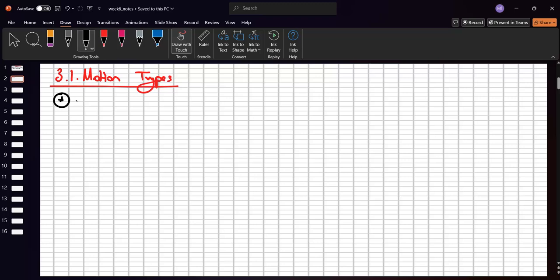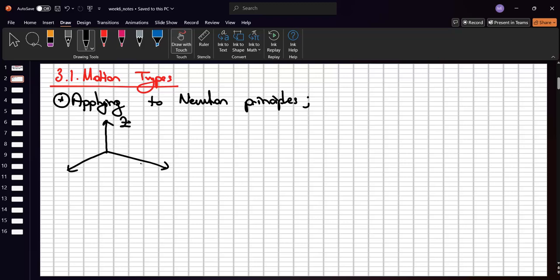First of all, applying Newton's principles, we have the 3 dimensions here: Z, X, and Y. Also, we can treat this mass as a particle, okay? And so, in order to obtain the motion of this mass, we need to apply a force here. As a result of this force, we can generate the velocity value